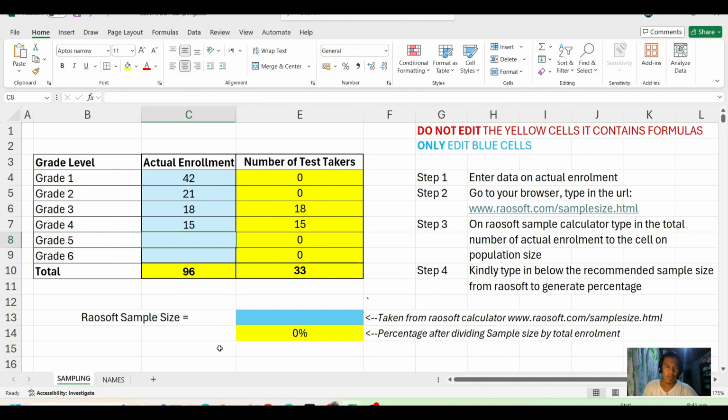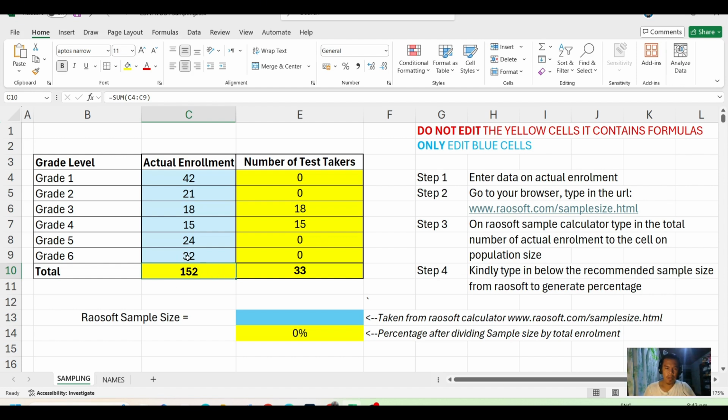As you can see, on grade 3 and grade 4, the actual enrollment which are below 20 will automatically appear on the actual number of test takers. Let's proceed to grade 5: you have 24 test takers. On grade 6 you have 32 test takers. So you will now have a total of 152 learners enrolled in your school.